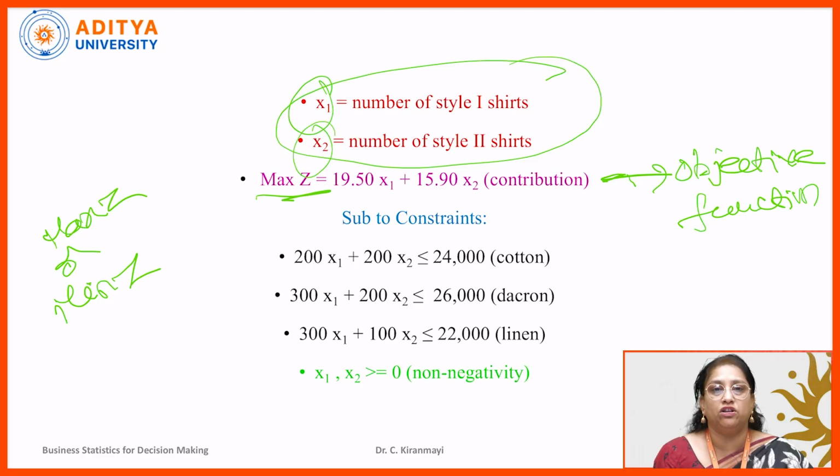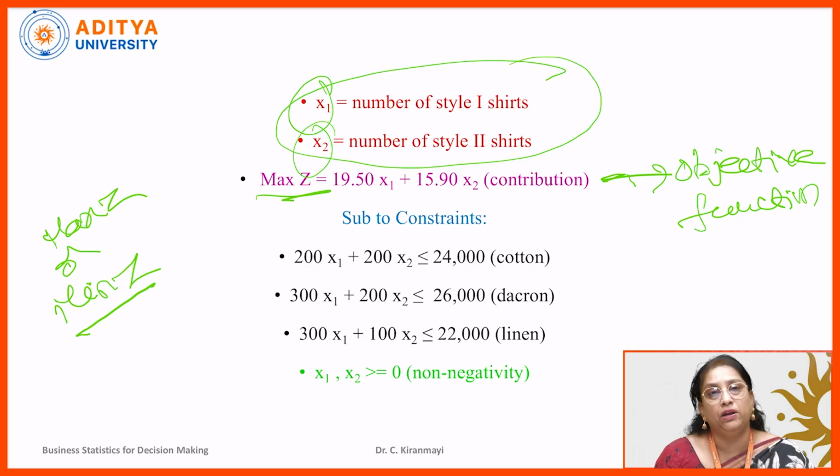When it is a case of profit, we use the objective function as maximum Z, as every firm is interested in maximizing profits. And if it is a case of cost, every firm tries to minimize cost, so if the problem is related to cost, we have to use the objective function as minimum